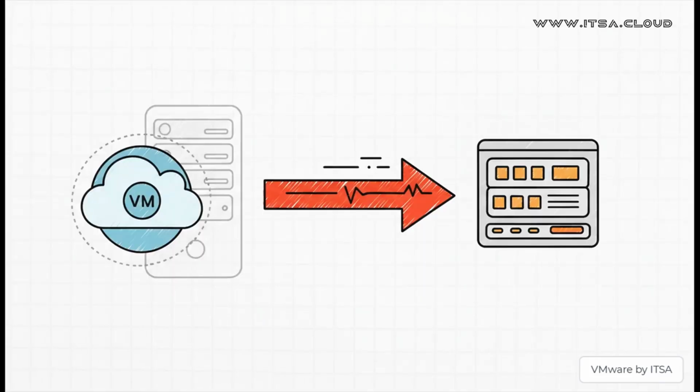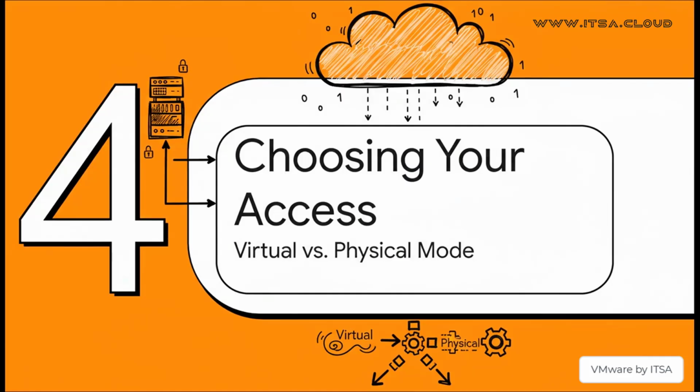And this is the whole point. This is the magic right here. Because of that direct link, the operating system inside your VM can now shoot SCSI commands directly to the storage array. Basically, your VM gets to pretend it's a physical server with its own dedicated disk, unlocking all sorts of hardware-level conversations. Okay, but it's not quite that simple.